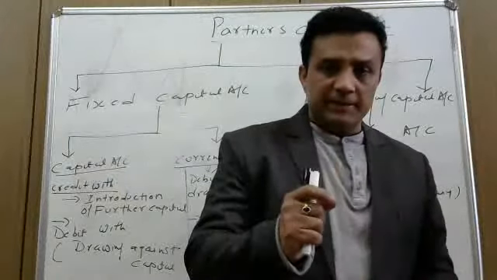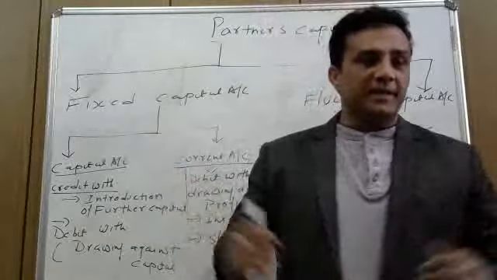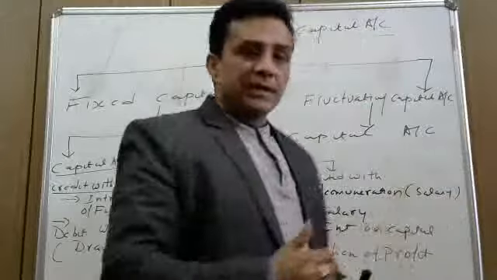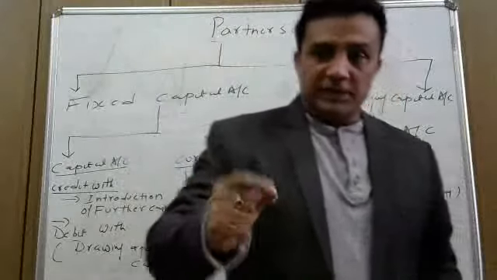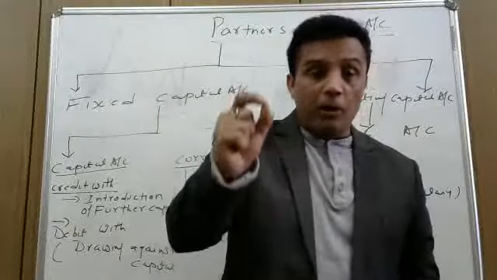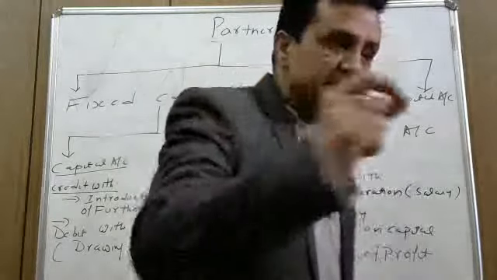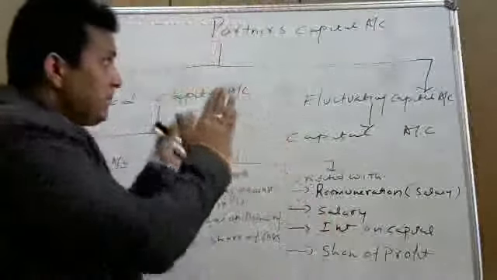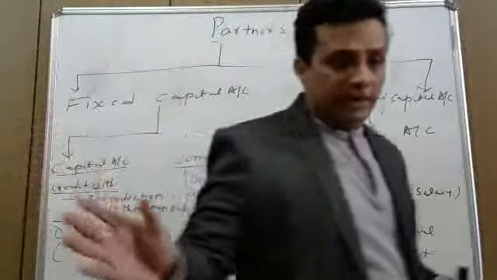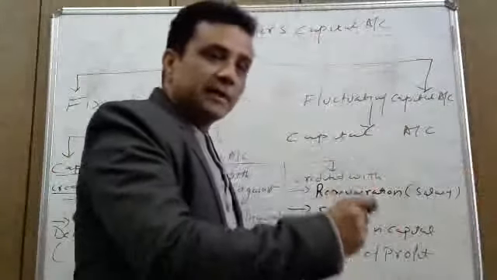The reason is that in a partnership, suppose three partners are there, named A, B and C, and all of them contribute different amounts of capital. Of course they get interest on capital at the same rate, but the amount of interest on capital depends upon how much capital they contributed to the business. Simply put, in the partners' capital account, we need to prepare different capital accounts for three different partners, or maybe four, depending on the number of partners we have in the business.